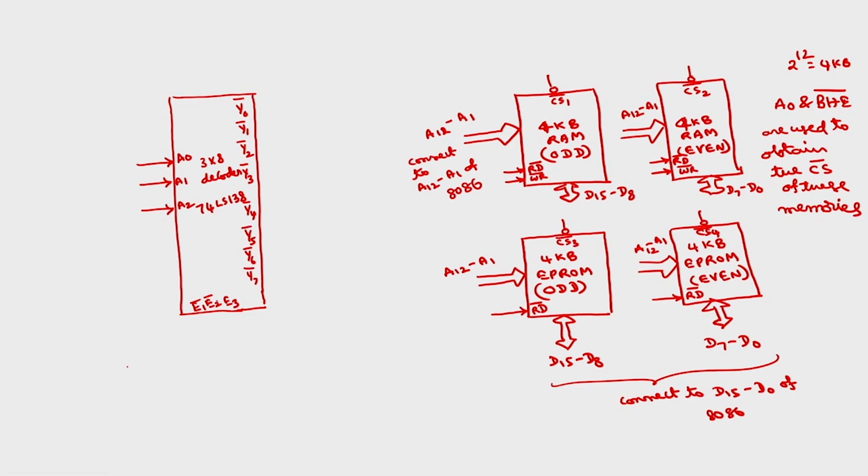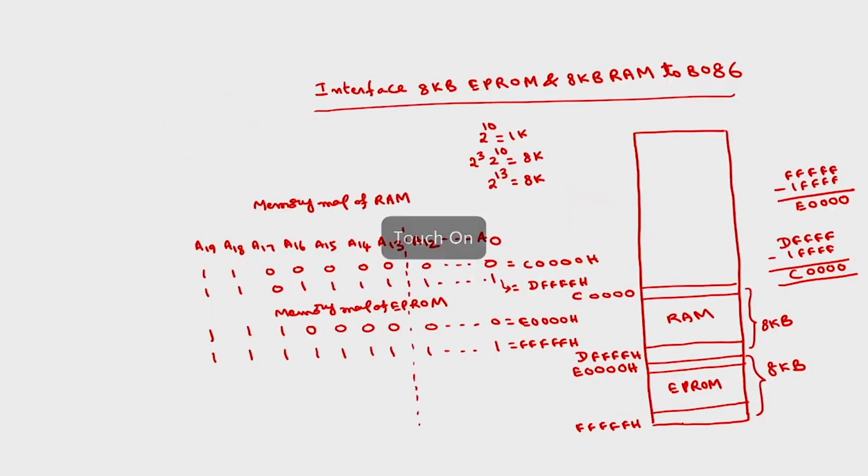In order to make use of E1 bar, E2 bar, E3, and A2, A1, A0, we have to use the memory map. So, in case of the memory map, if I choose this RAM,